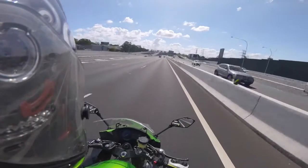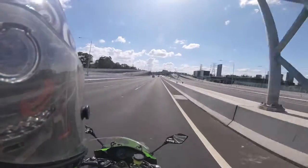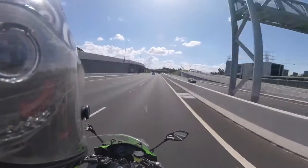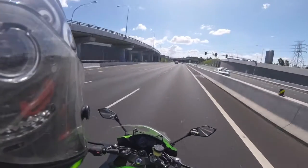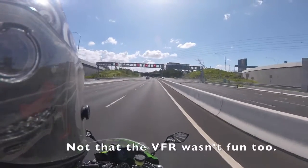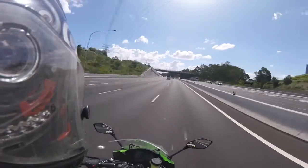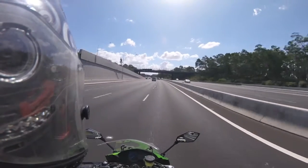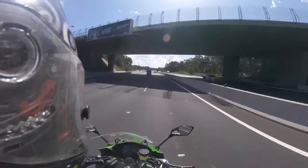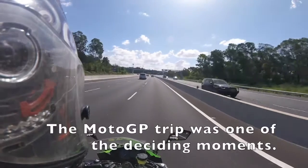And I had a VFR at the same time as I had the Daytona, and that was really good because they complemented each other. If I needed travel, if I needed carrying capacity, it was wet weather, I would take the VFR, and if it was for fun, I would take the Daytona. But then a hit-and-run driver destroyed the VFR. I kept the Daytona, wasn't quite sure what I wanted to do, and it probably took me about 3 or 4 years to figure out what I wanted to do,